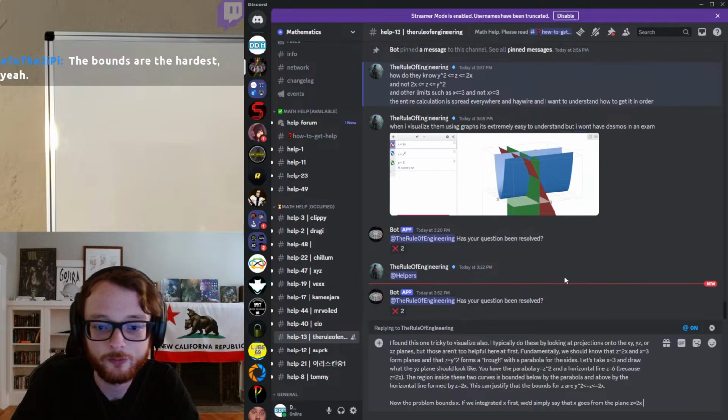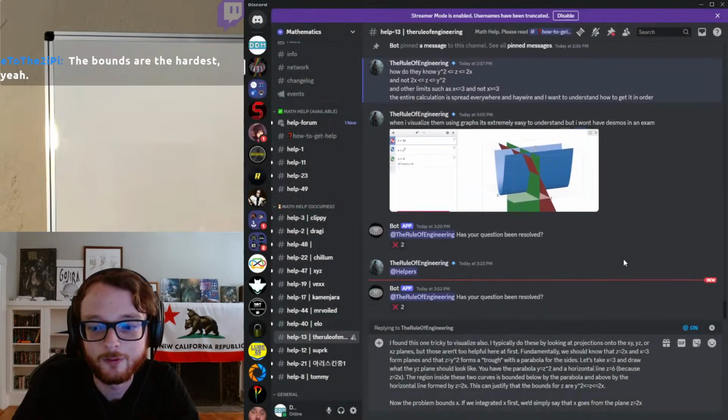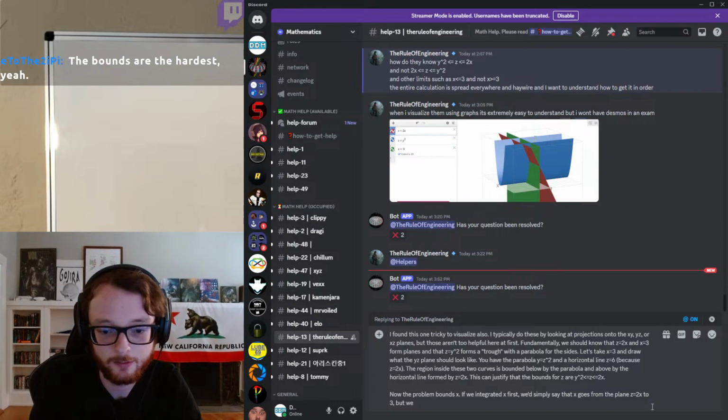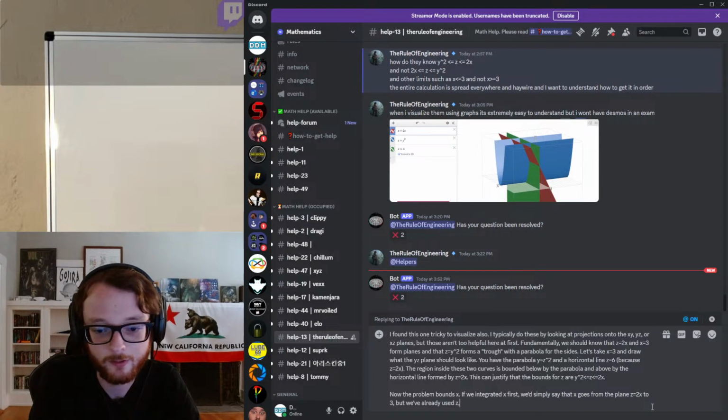From the plane z equals 2x to 3. But we've already used z. We have to remember that we're integrating with z first. So let's substitute z equals y squared and say that y squared equals 2x. So x equals